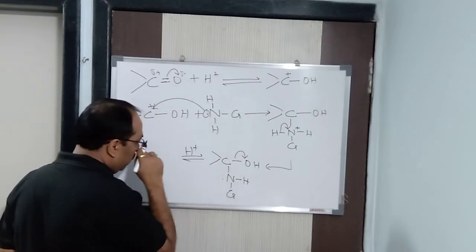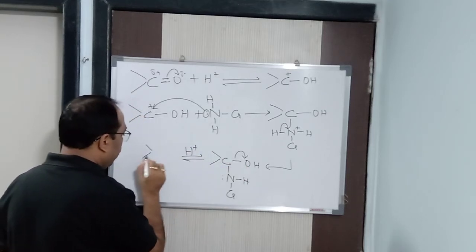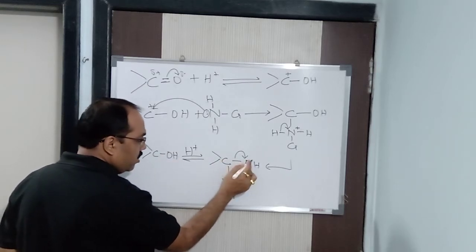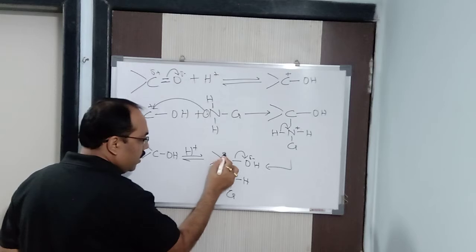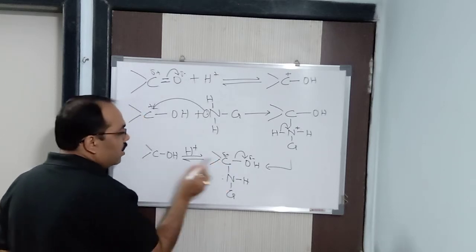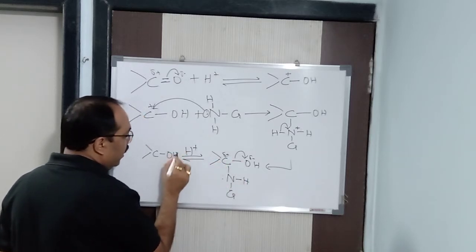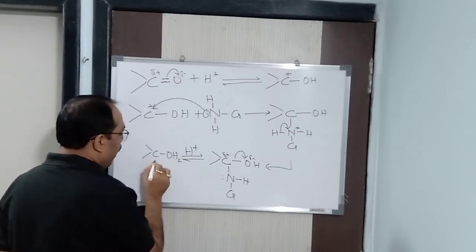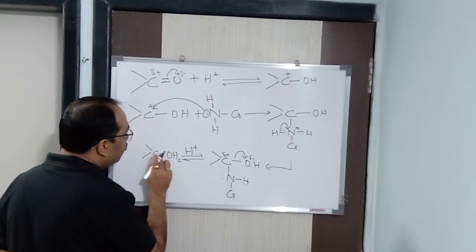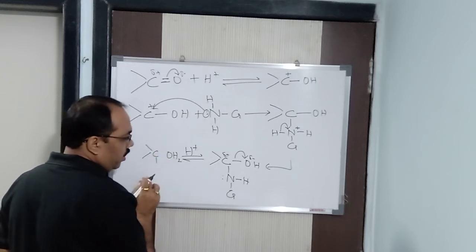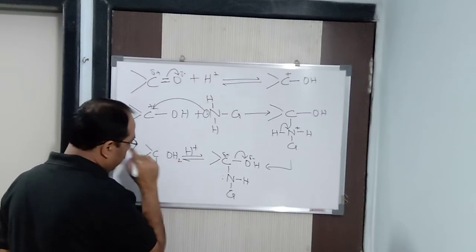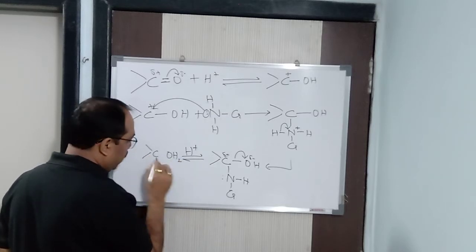One more H plus ion will be added, and hence the product you will be getting is this. You will be having OH minus, a pair of electrons goes here, so this becomes minus and this becomes plus, definitely. So this H plus ion will be added here, so it will become OH2. Now no bond is there in between. This OH2, so water is released, clear.